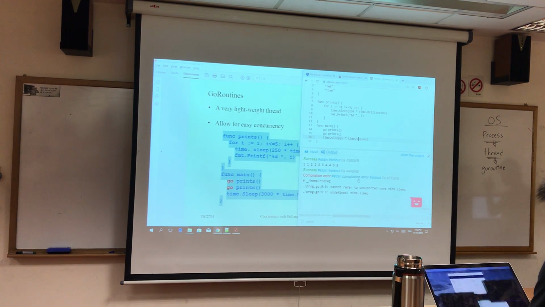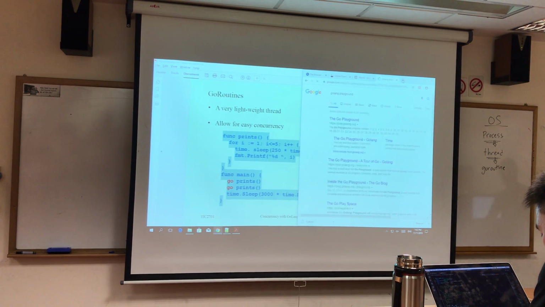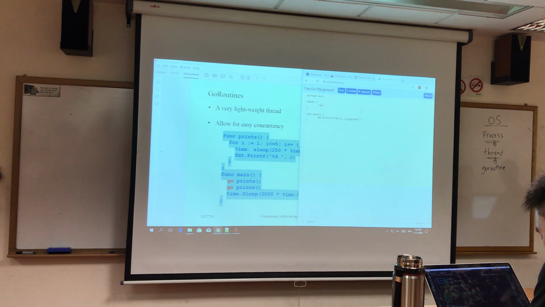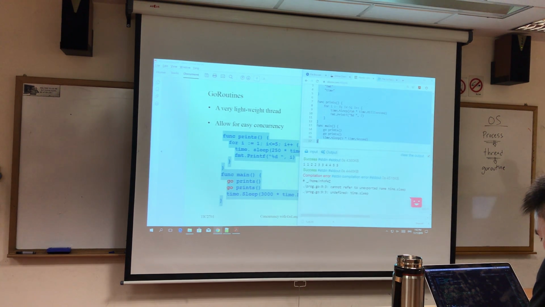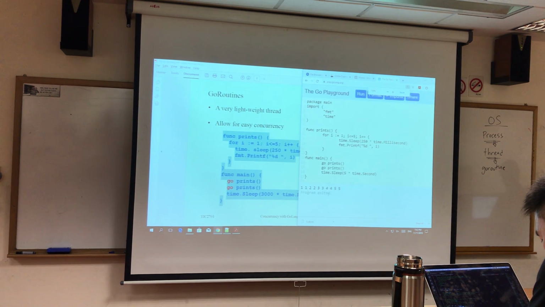This one doesn't really show you the step-by-step printing. This one just gives you the final output. Let's look at the Golang playground. The Golang playground, if you run this, you will see that this one will just be printed one by one. Okay. So let's try this again. You see that